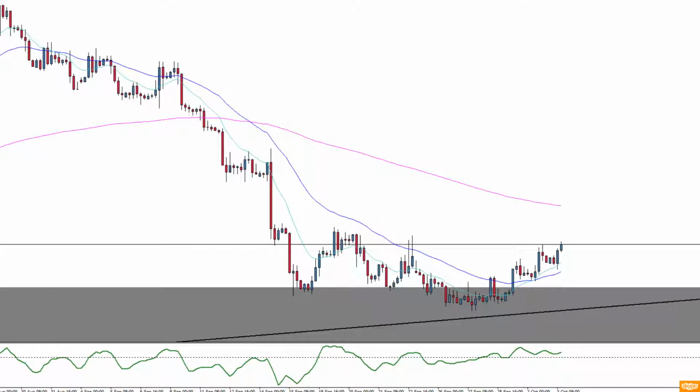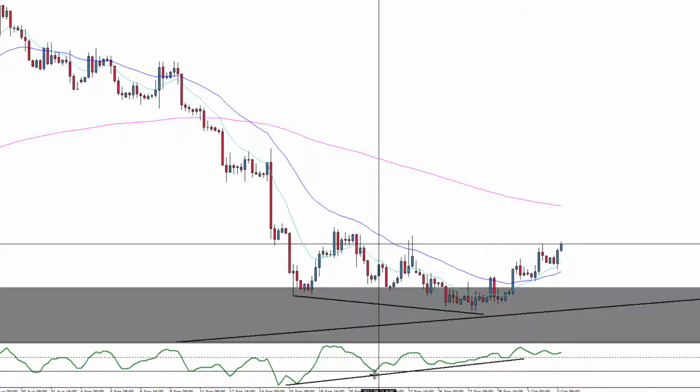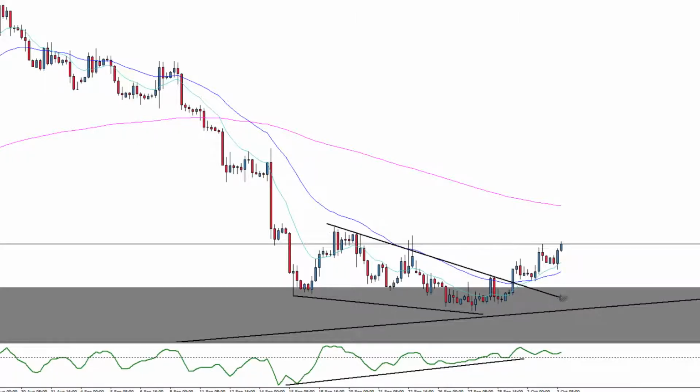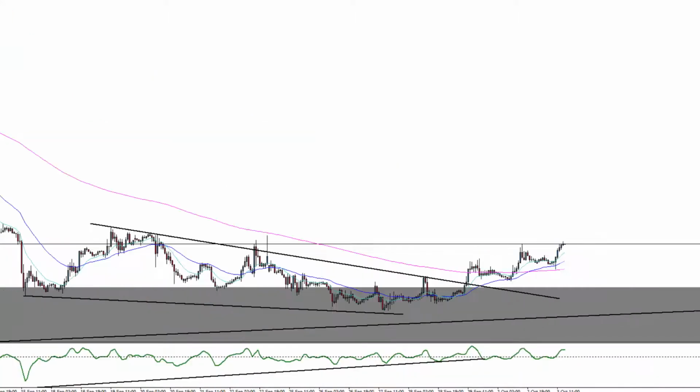Okay, another thing which I spot immediately is divergence. Okay, so we have divergence, which is showing that there's less and less selling power, so buyers are getting control. Okay, so we have double divergence right here, and after that we can also spot some trend line right here. Okay, some trend line which is not so clear, it's a little bit more advanced. Okay, and if we go on a 1-hourly time frame, it will be easier to see